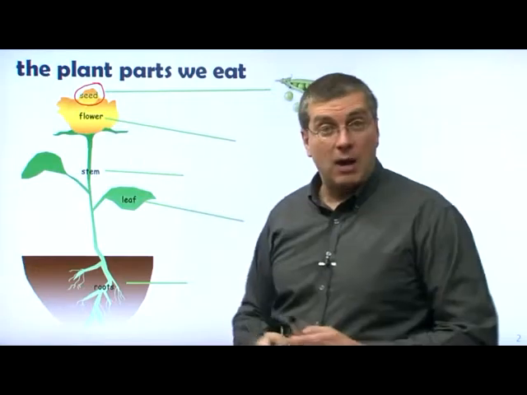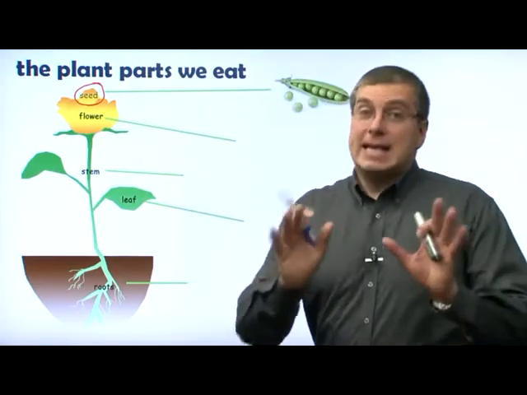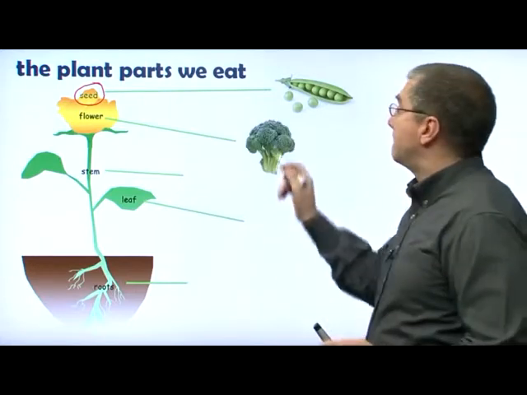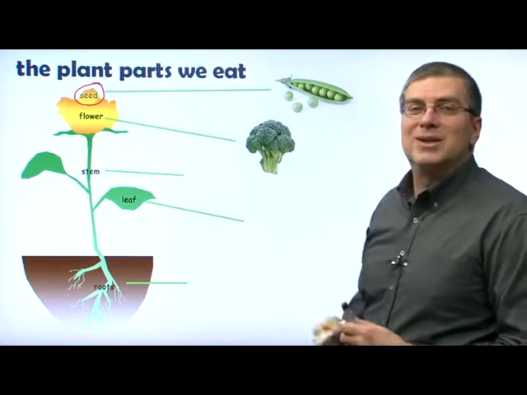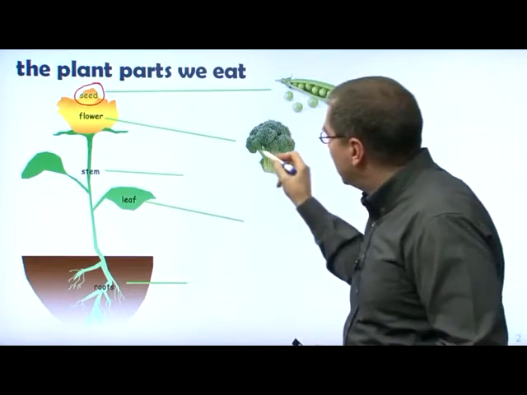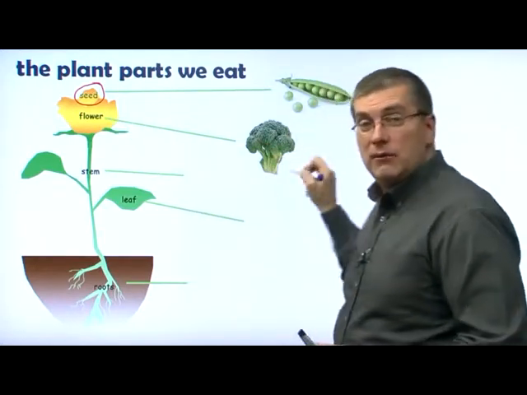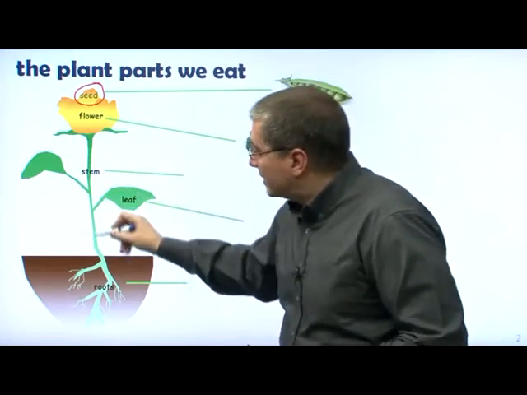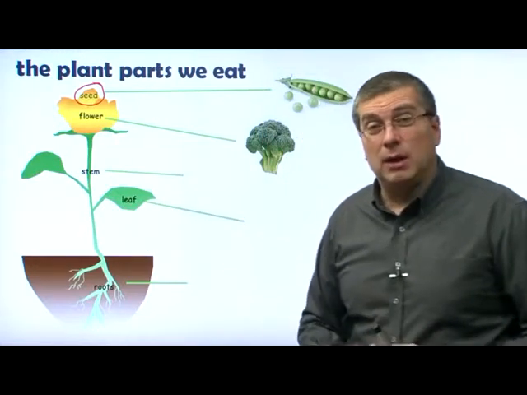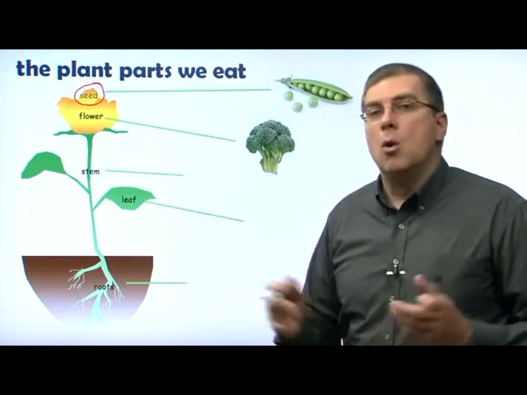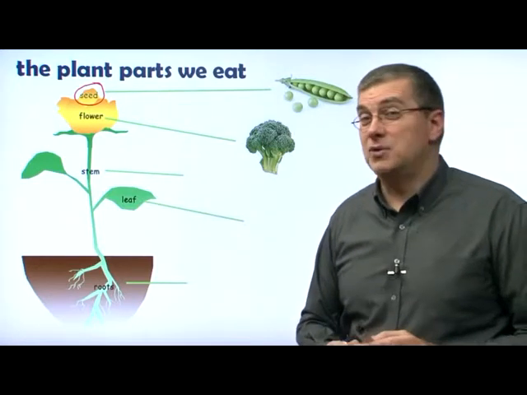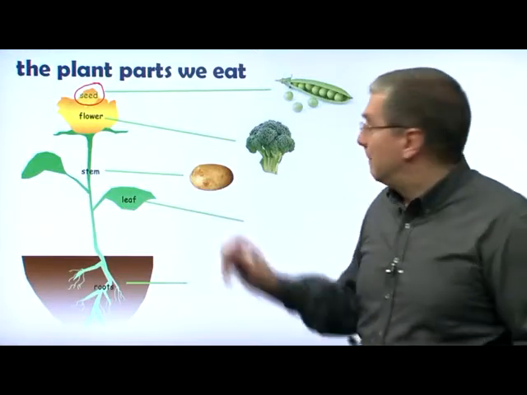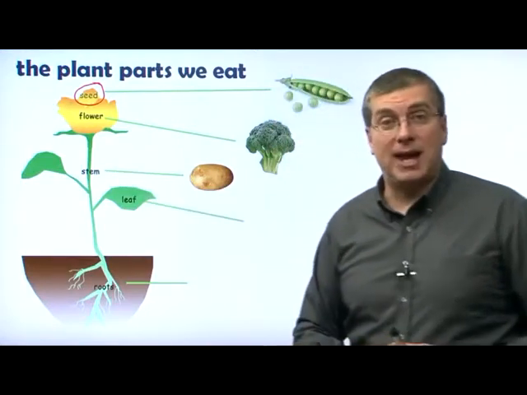Okay. What about flowers? Do we eat flowers? Yes, on some plants we eat the flowers. For example, broccoli. We talked about that, right? So the broccoli is actually the flower of the plant. We eat that. What about the stem? Do we eat the stem of some plants? Yeah, sure. What was the example? Do you remember kamja? Kamja, of course, is potato. Potato is the stem of a plant.